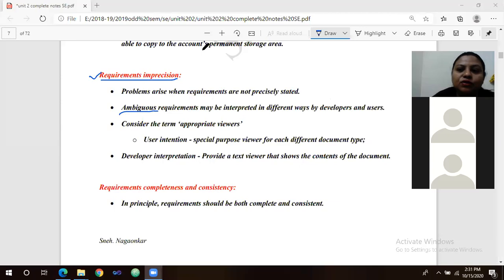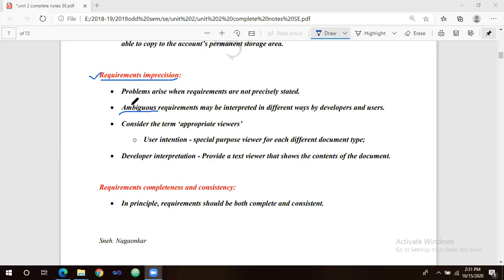If the customer is giving you confused, ambiguous requirements, the developers may be misled during the next phases. So ambiguous requirements may be interpreted in different ways by developers and users.